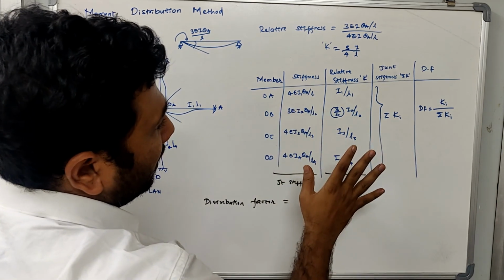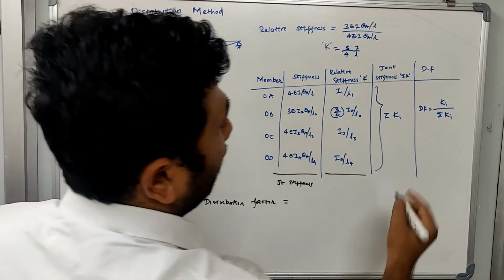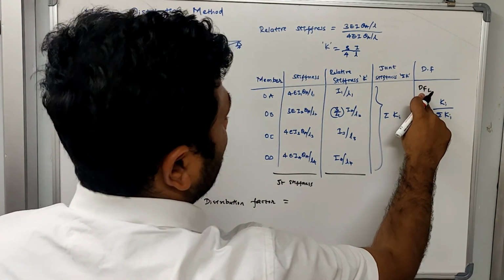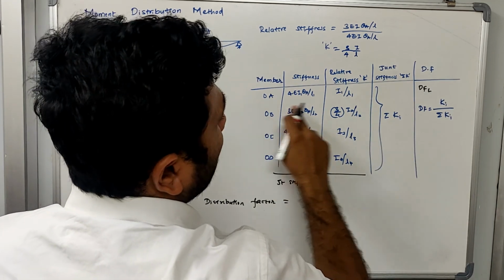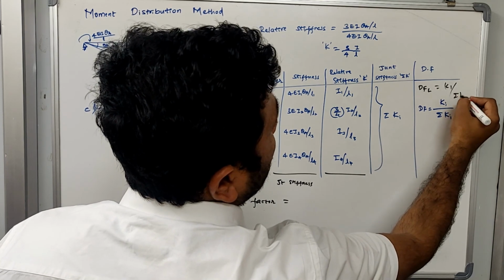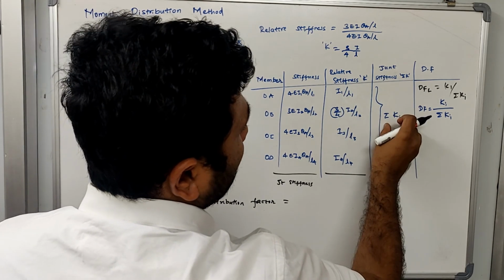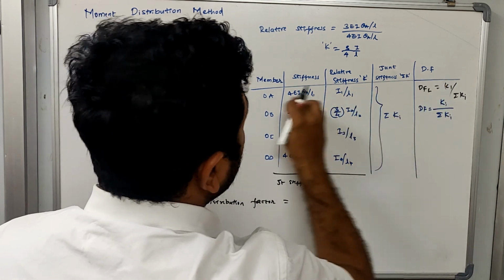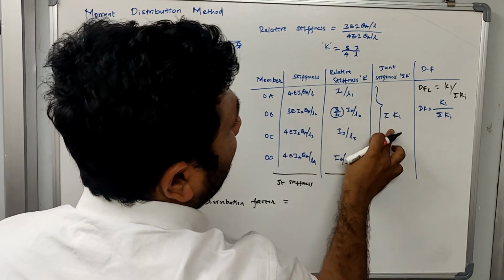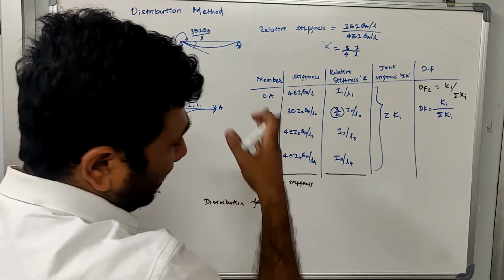Okay, I just gave an example. Now let us take that I'm calculating the value of DF1. DF1 is representing the distribution factor for member OA. So what we need to do here, whatever the K1 value I get, this should be divided by the summation of Ki. You have to take the sum of all these values. So the distribution factor for the first member OA will be equal to the relative stiffness of that element divided by the joint stiffness. Similarly, we can calculate for OB, OC, OD and n number of members.